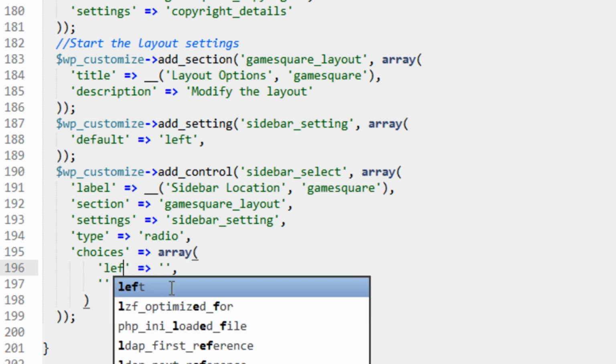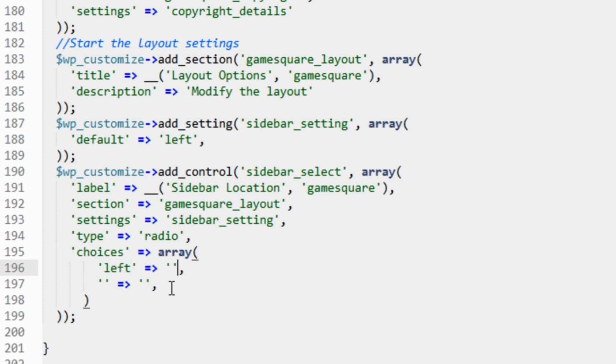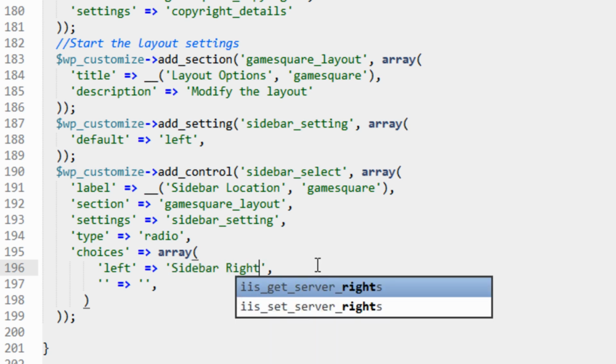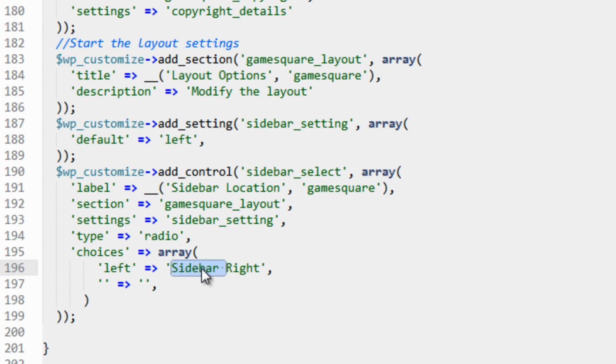So the first one will say left. Now this is going to be the value it outputs. This is going to be the text value that the user sees when they click on it. So we'll say this one's going to be sidebar right. Or, nah, it's kind of backwards. Right sidebar. So when they click on the right sidebar, it'll output the value left, which will put into a